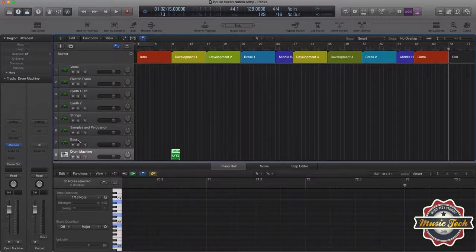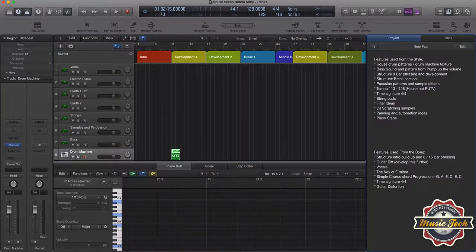Now, one thing I recommend to you guys to do straight away is, because we are developing this piece and then we have to write about it, once you start doing too much, you'll start forgetting where you're at. Now, Logic has a fantastic feature. If you come over here, and if you're in Logic 9, it might be slightly different, you can click on this notes section, you can press edit, and you can actually